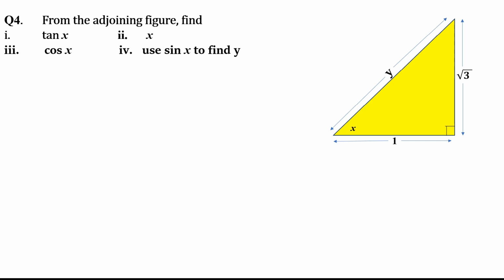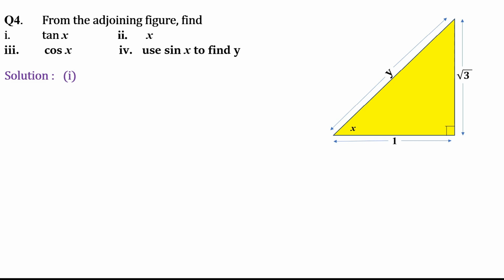For solving, we have to again and again take help of the figure, because with the earlier 3 questions that we solved, no figure was given. So we solved it with the knowledge of standard angles, the values of the standard angles. Now for this question, since the figure is given, we'll make use of the figure. The first part of this question is find tan x. Of course, tan is not connected with a standard angle. X is an unknown angle, and I don't have any other clue also. So I will take the help from the table. From the table, I will find what is tan x.